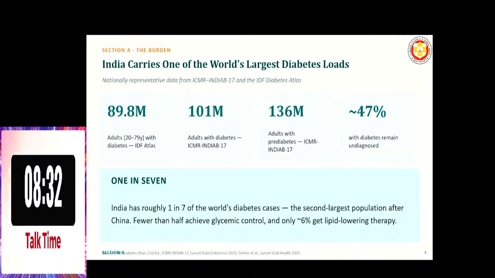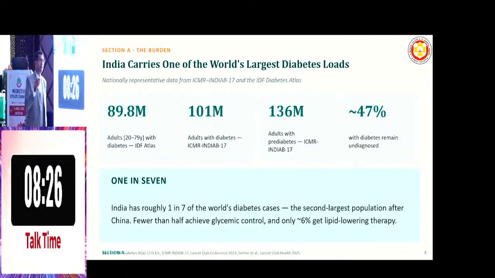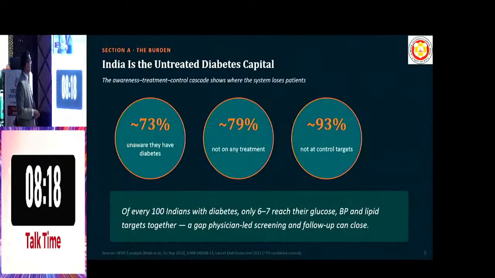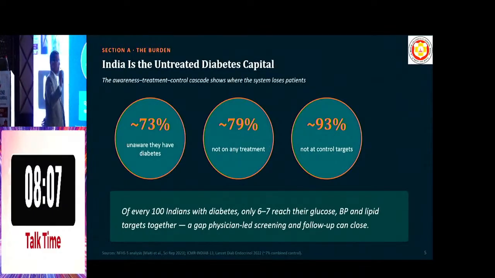इनका प्रपोर्शन अलग अलग है, जिसके बारे में और भी बहुत सारा डिटेल है। 47% of the diabetes remain undiagnosed, लोगों को पता नहीं है। जिनको पता है उनमें से ट्रीटमेंट कितना ले रहे हैं ये भी अलग एक मुद्दा है। So almost 1 in 7 persons in India will have diabetes. India is untreated diabetic capital of the world, ऐसा जो लैंसेट कहता है। और ये सेम बात केवल लैंसेट नहीं कह रहा है, हम लोग विदेशी लोगों को कहते हैं कि वो हमारे बारे में अनर्गल बातें करते हैं।